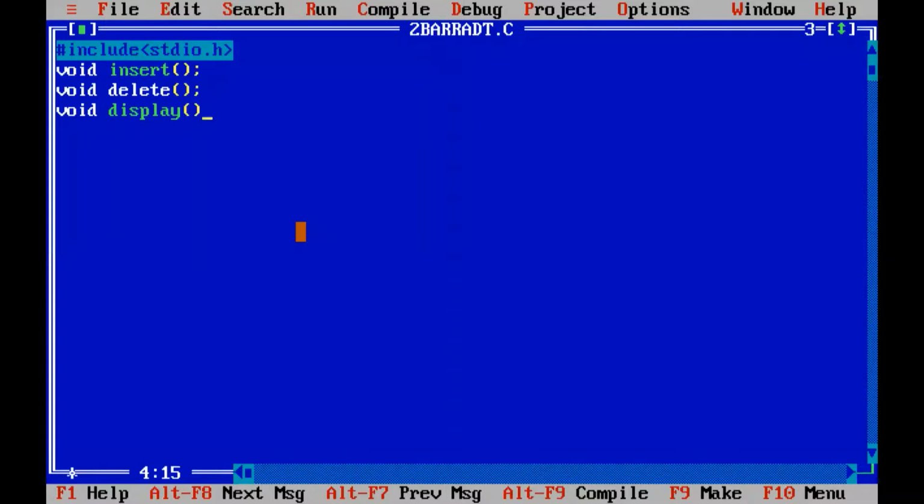These are the 3 operations which will be implemented in this program. For insertion, what are the arguments which you should be passing? And for deletion and for displaying, what are the arguments? We have written it as void. What is the meaning of void?